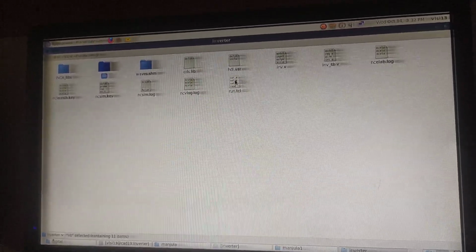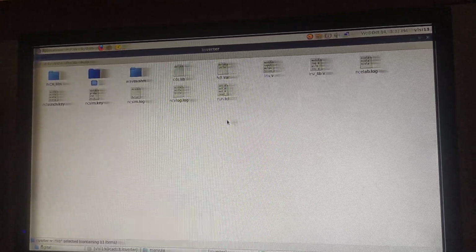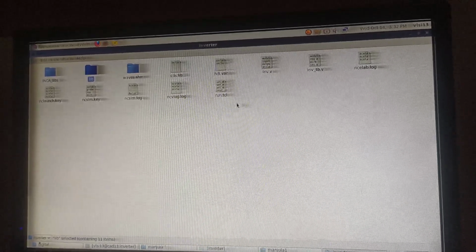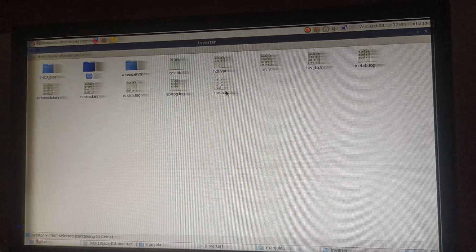Then you have one more file called run.tcl. This is called a tcl file. Why is this run.tcl file required? When we want to execute synthesis, we need to execute it with commands. Instead of executing them one by one, all the commands have been placed in one file, which is called a tcl file, and then we only run the tcl file.